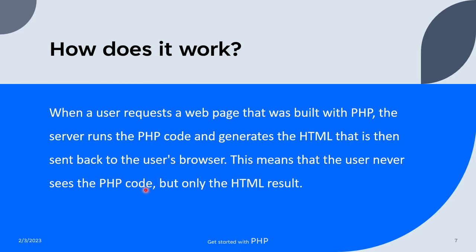Now, the PHP code normally contains business logic. What is business logic? Those step-by-step instructions that the web application or the website needs in order to run and meet business requirements are normally what we term as business logic. Okay, and if a third party who does not have good intentions gets access to these codes or these business logics, it might cost